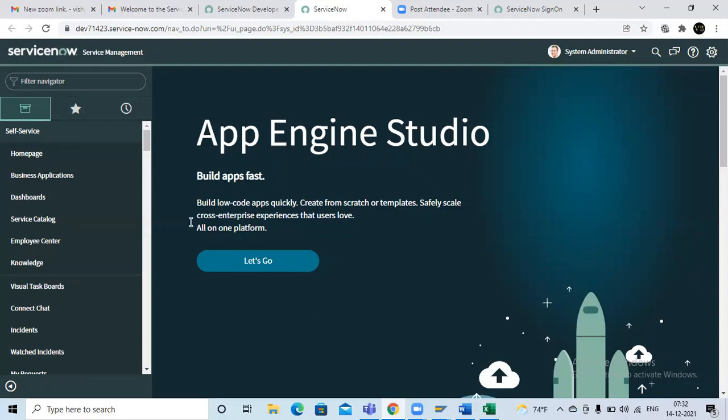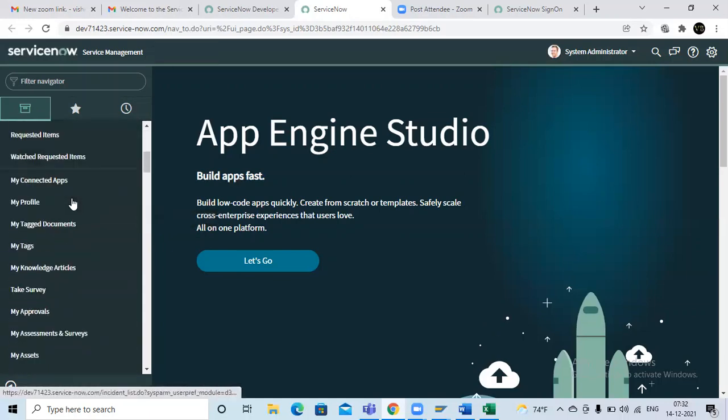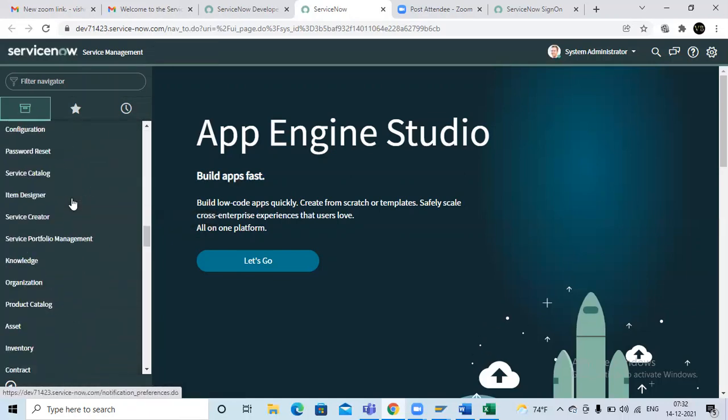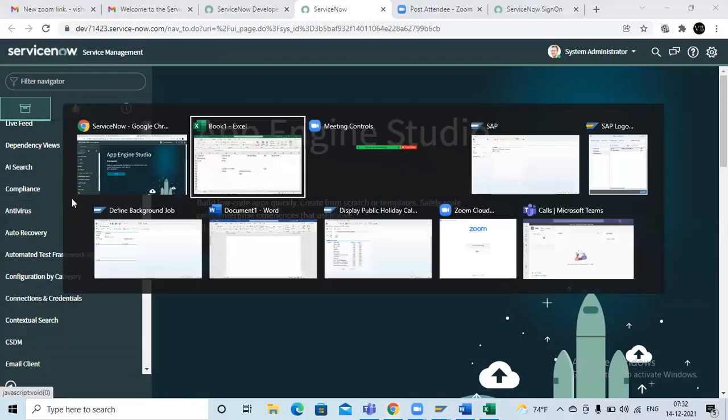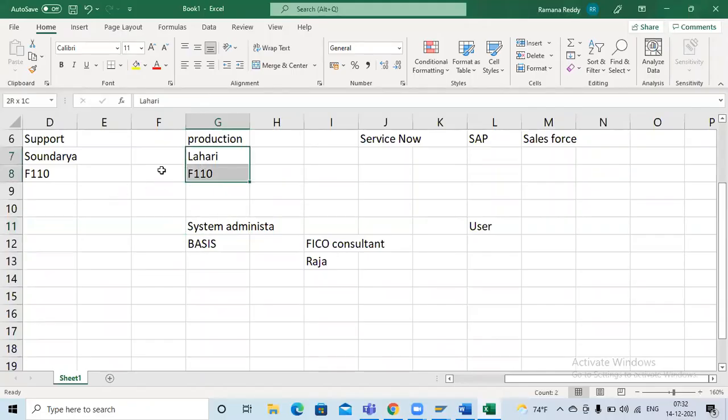Guys, on the left side you can see so many applications are there in ServiceNow. Okay, so don't think that ServiceNow is only for ticketing purposes. It is a cloud version. We can use ServiceNow for a number of processes. In that, one of the processes is a ticketing tool.